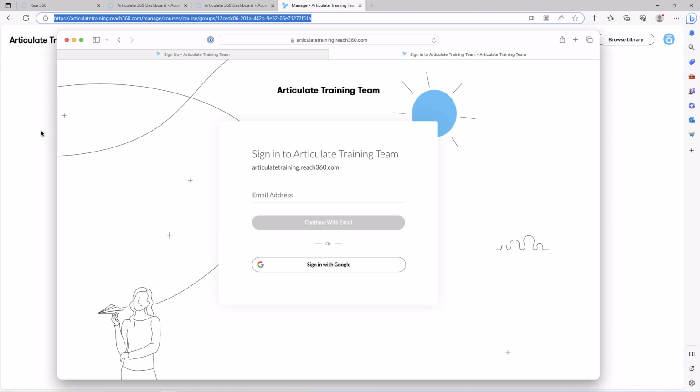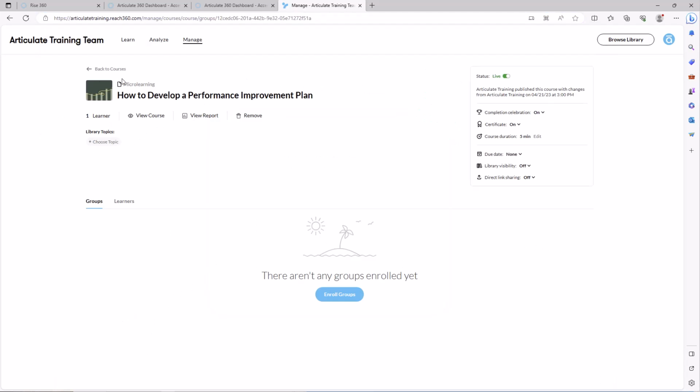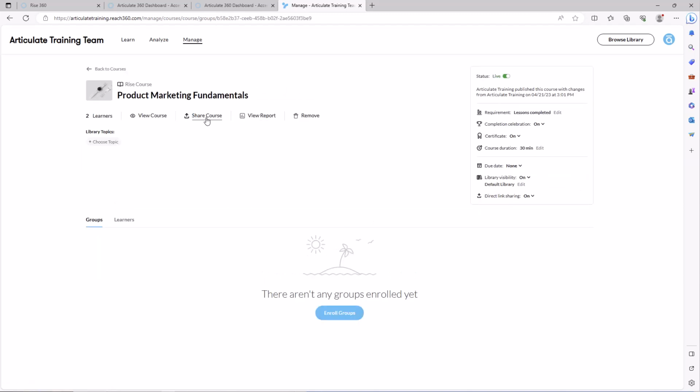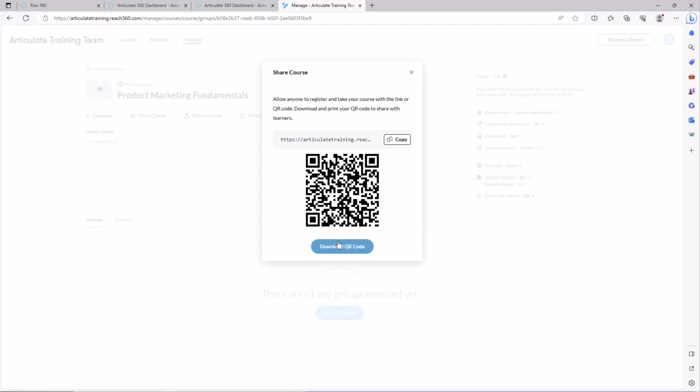You have the QR code in the other example, right? Let me turn that visibility back on, and I'll come back over here. Right, so when you're sharing the course here, you could do the link directly, or you can download the QR code.